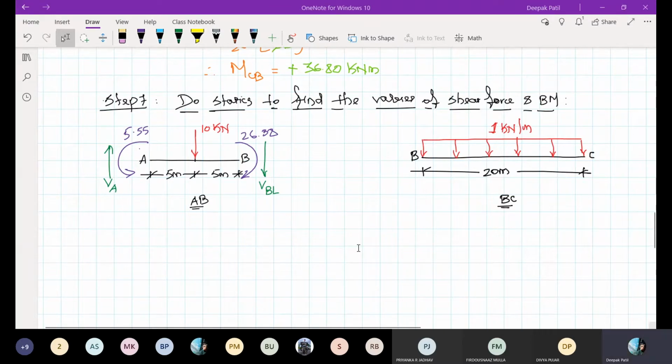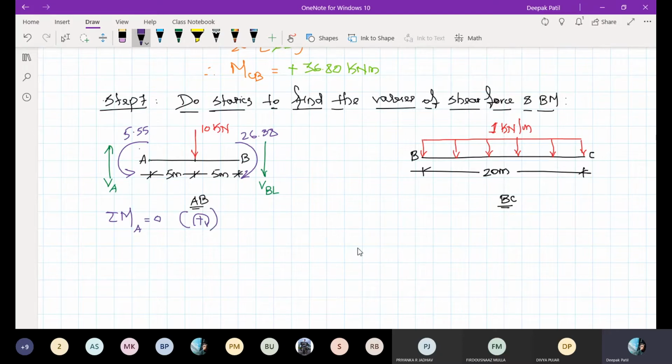Okay, right. Now I will apply the basic equilibrium equations, that is summation of M equal to 0, summation of Fx equal to 0, summation of Fy equal to 0 and all those things. First, I will take moment at A equal to 0. Let me just start doing that. Summation of M A equal to 0, and the same sign convention I will follow, all clockwise moments as positive.